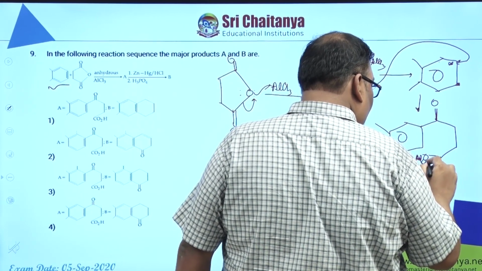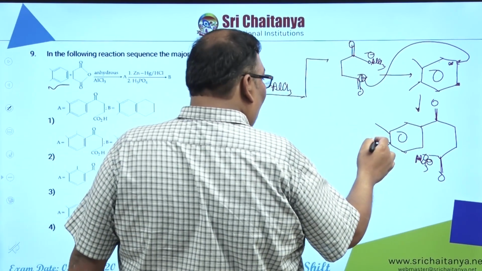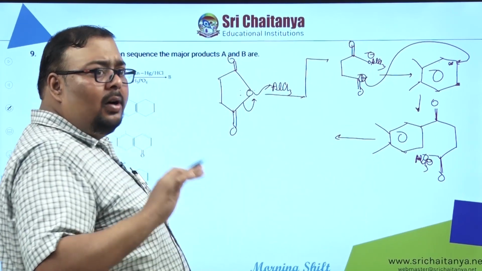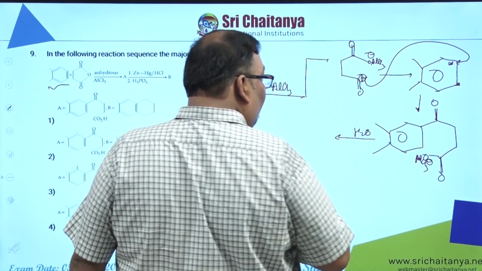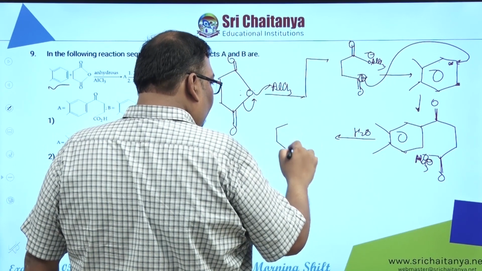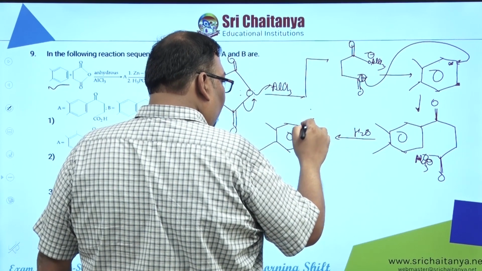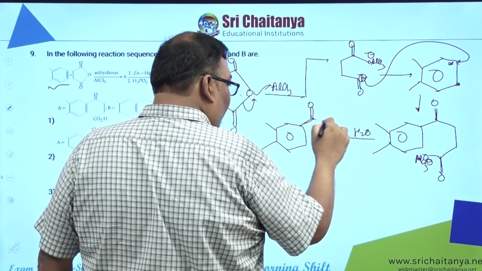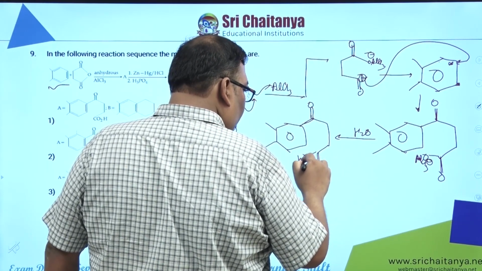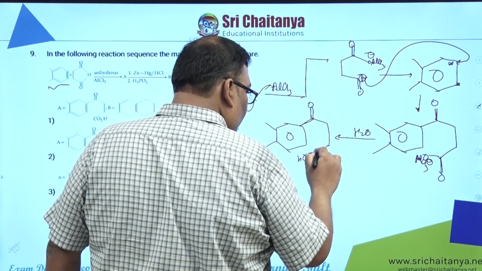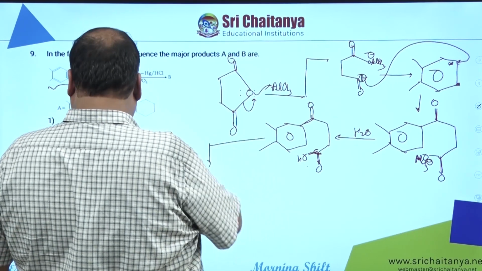OAlCl3 minus. So we'll be getting this. After all this, we add water to neutralize all the charges. On adding water, which is not mentioned here but should be there, you'll be getting this as the product. So the water work-up is done to neutralize all the charges, and you will be getting COOH like this. Now you see, this is your product A.